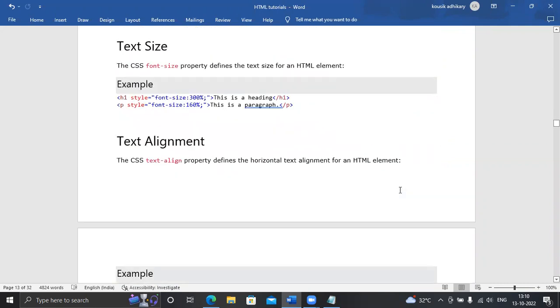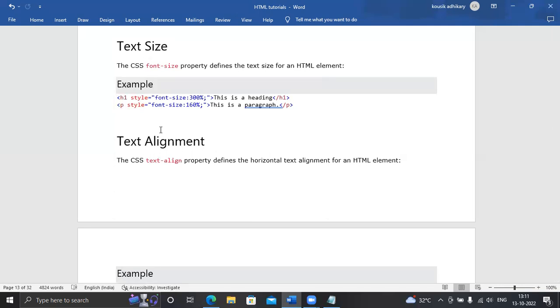Text size, I have already told you how to change the text size, the font size. That is the attribute. See the difference between the tags and the attributes. H1 is a tag, P is a tag; style is an attribute, href is an attribute, src is an attribute, alt is an attribute.